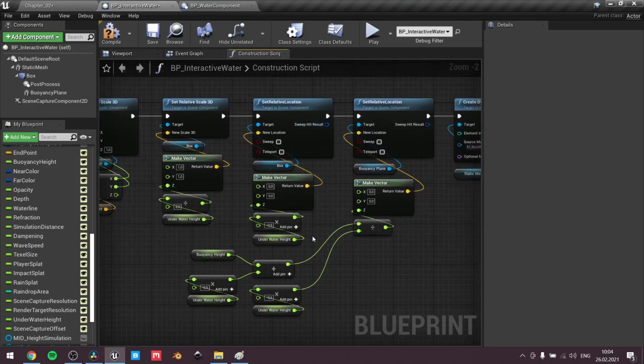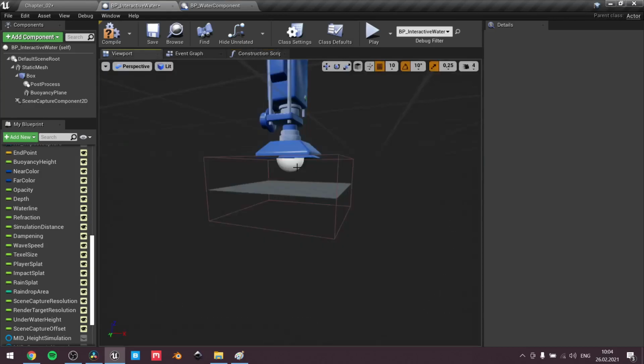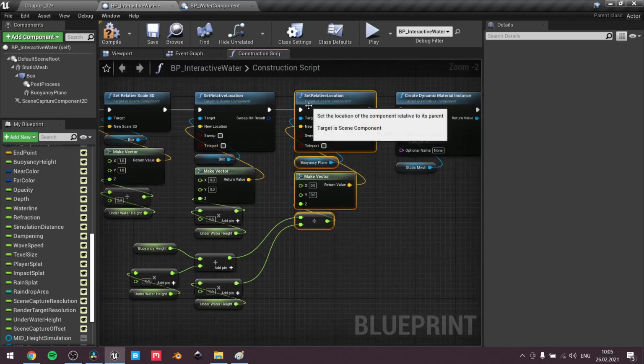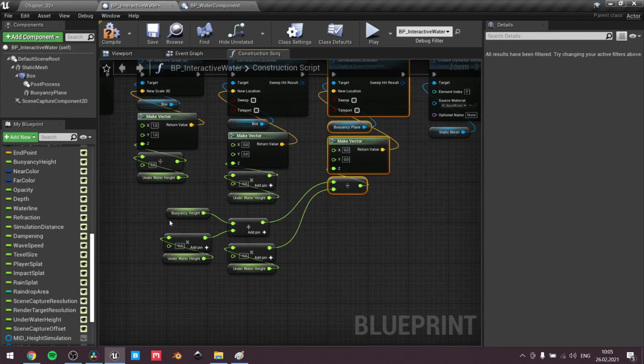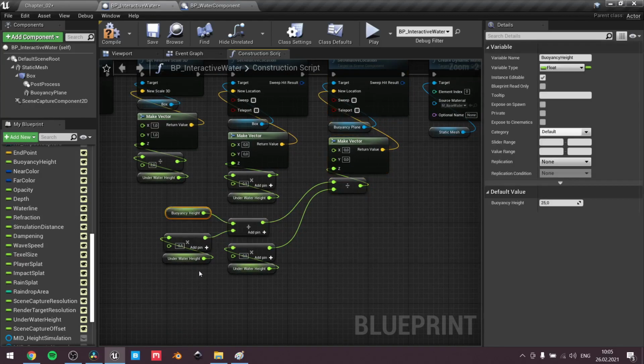That's for the relative location of our box, so it starts at 0 and goes beneath our water. And this one is for our buoyancy level. So for buoyancy height, we add underwater height multiplied by minus 0.5 because the bounding box uses, so it should be like on the center of,